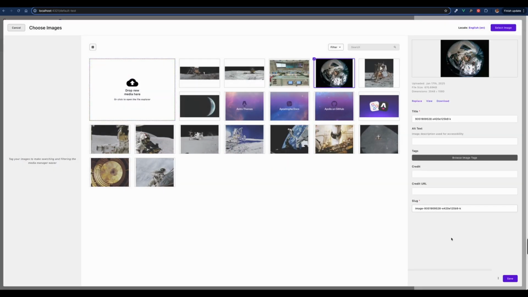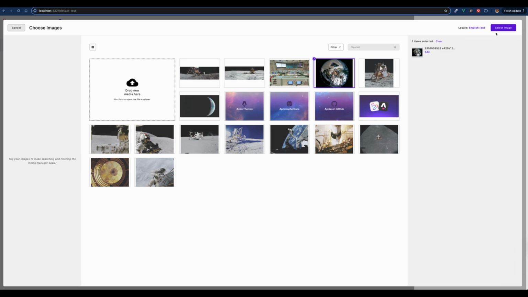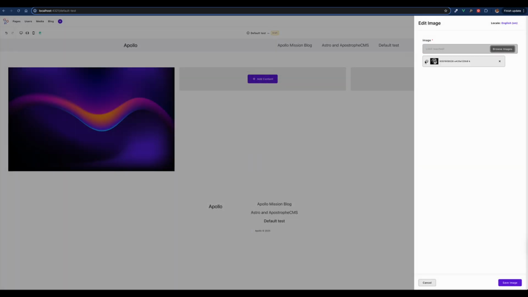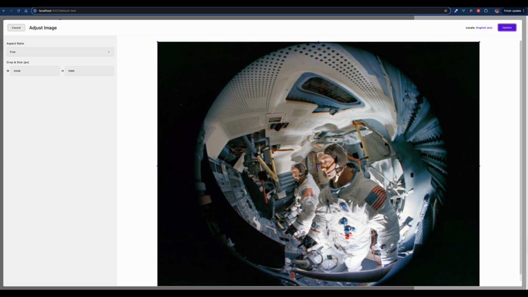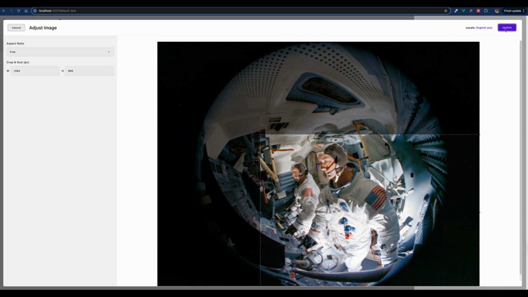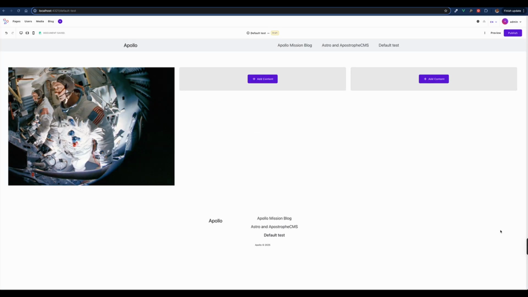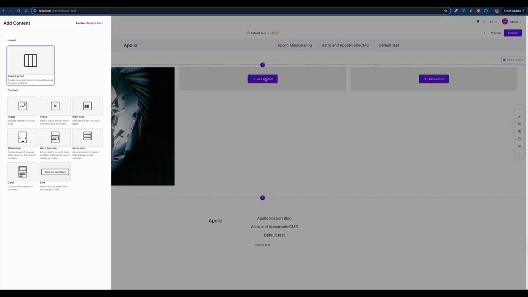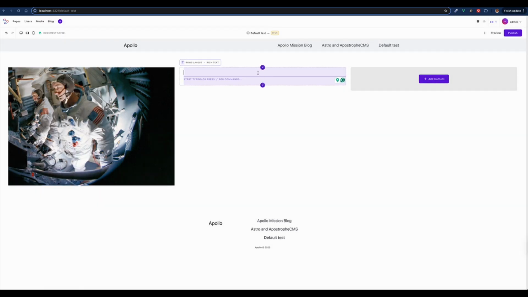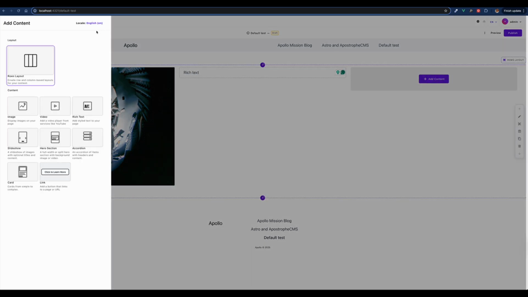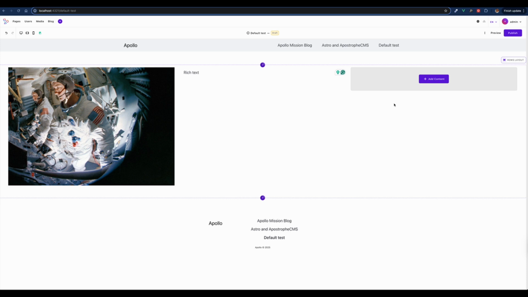We can go ahead and select an image, save that. If we want to, we can click on this little button here, and we can actually do things like recrop that image. Then we go ahead and save that. And you see it's displayed nicely on our page. We can also do things like add rich text in here. If we wanted to, we could add another row into here. There's a lot of flexibility that we give to the content manager to be able to create the content